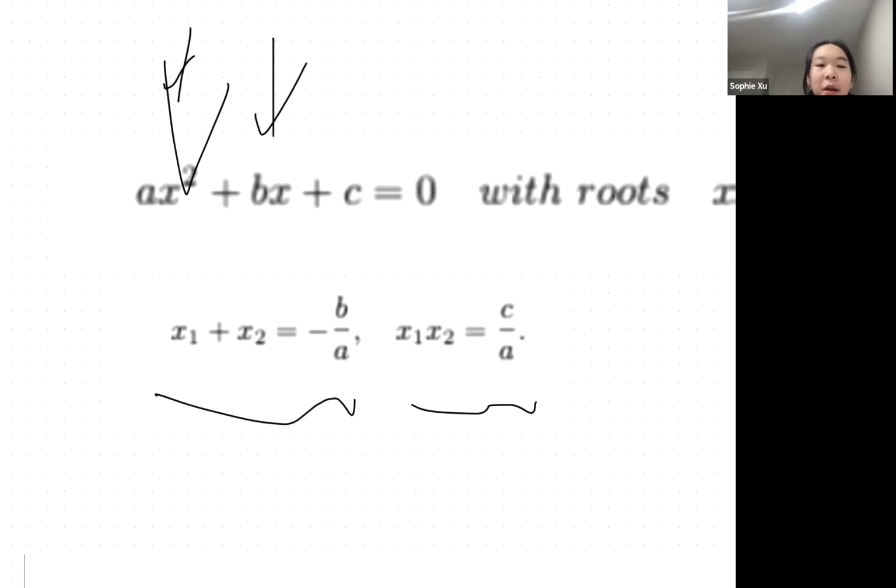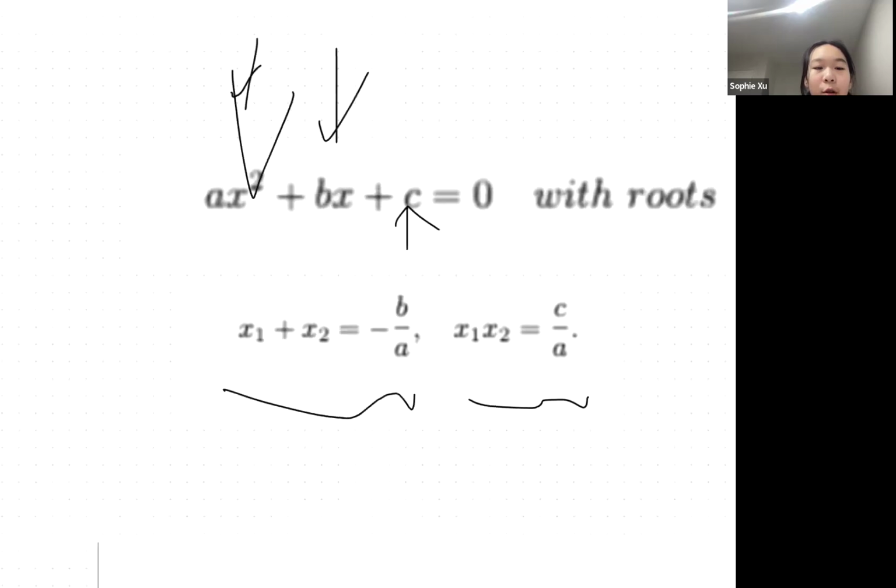And then plug it into C. Pretty self-explanatory, but also if you're given both of the roots, you plug them into this formula